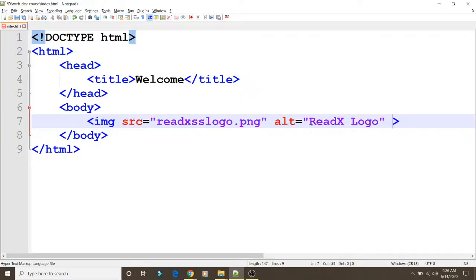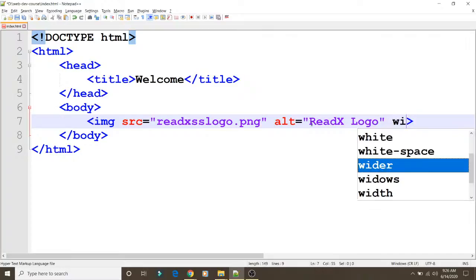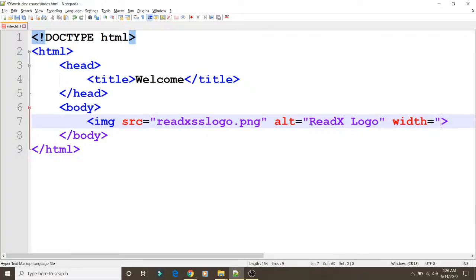So within this tag, similar to alt, you can add width. Within width you need to mention the pixel value you want to keep. So suppose I want to keep the pixel value as 50.